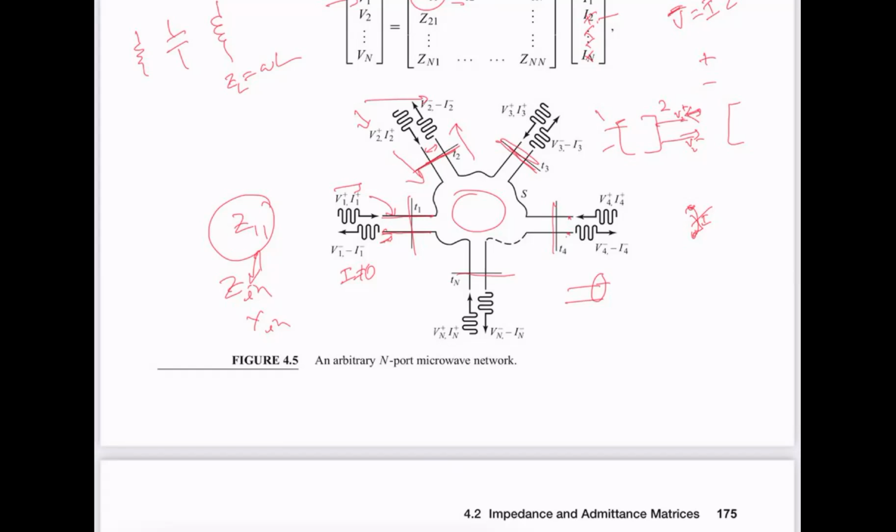And again, we have discussed many times in the past and also in the beginning of this chapter that actual measurement of voltages and currents is not always possible, even if they can be defined in a unique way. And the more common quantity to be measured is actually the